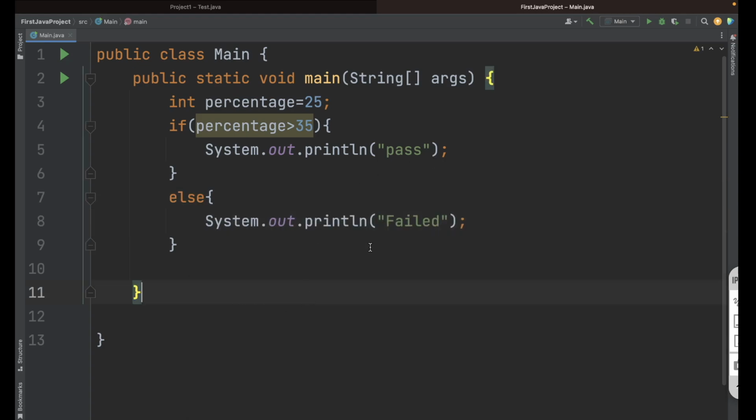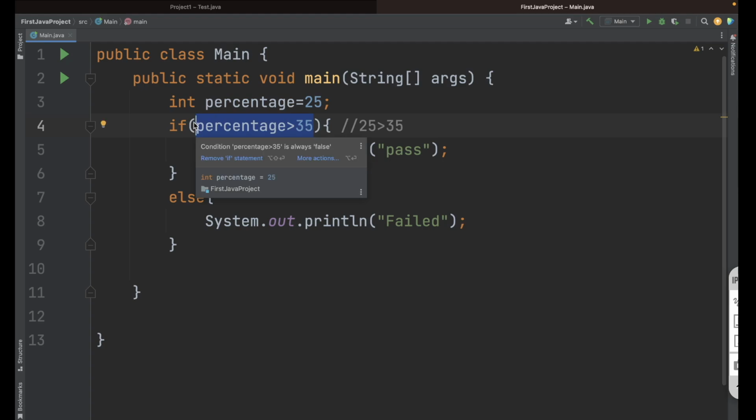Now in this case the percentage is 25, so is 25 greater than 35? No, this statement will be false. Why? Because 25 is lesser than 35, so this condition will not be satisfied.